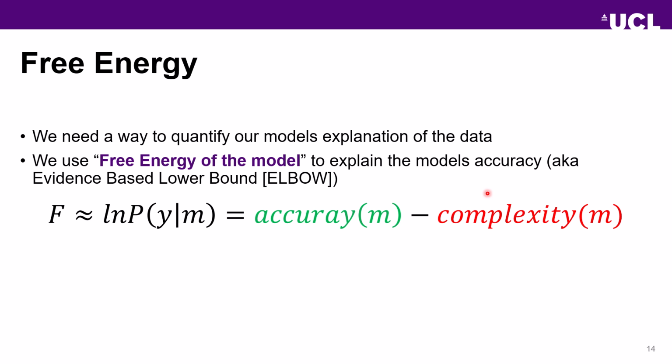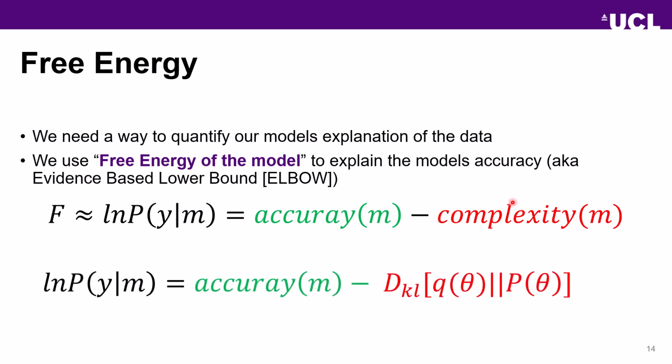Now, you might be thinking, perhaps if you're like me and you first learned deep learning, why is complexity such a bad thing? And that's because we're really looking for our models to be explainable. If we have millions and millions of parameters, again, like in deep learning, those parameters end up not meaning anything. They're just something in the model. But in this case, we really want to understand our model. And we're trying to, again, I keep saying it, look at our hypothesis and prove or disprove it. And this is why this complexity term is important, because we want to limit the complexity of the model. We don't want these really complex models that we can't explain. We want a simpler, explainable model that explains our data.